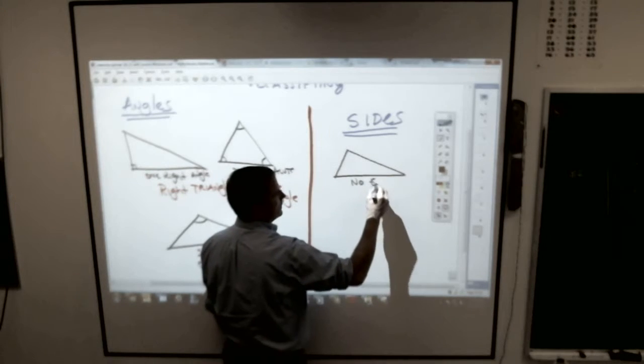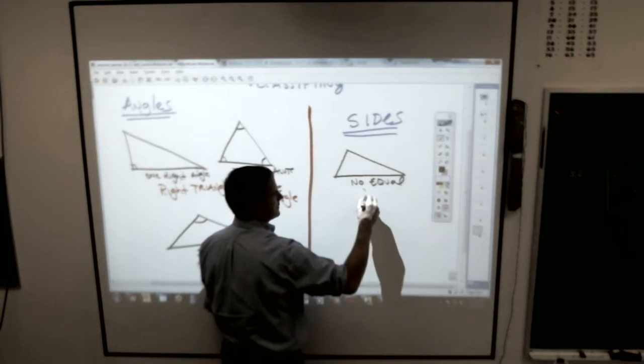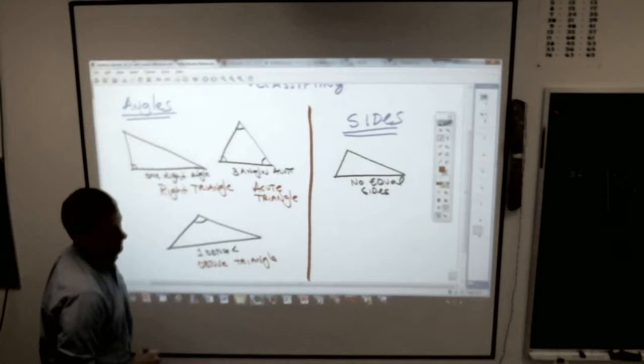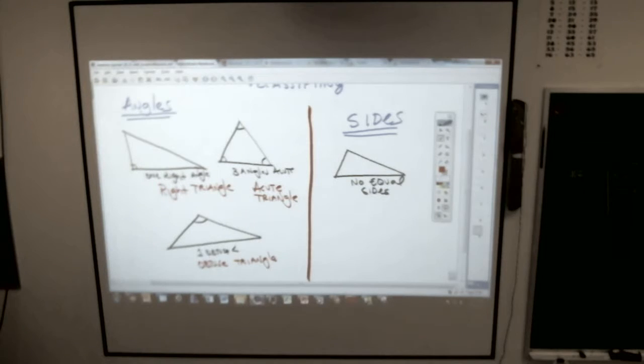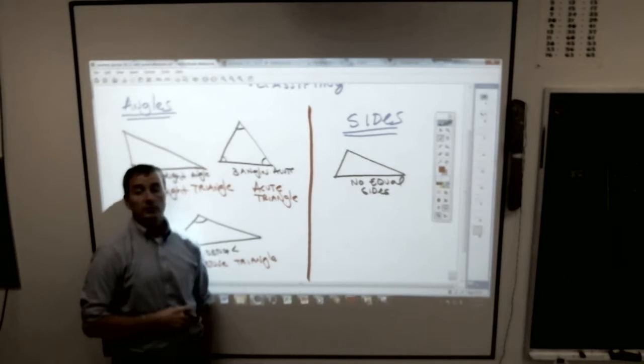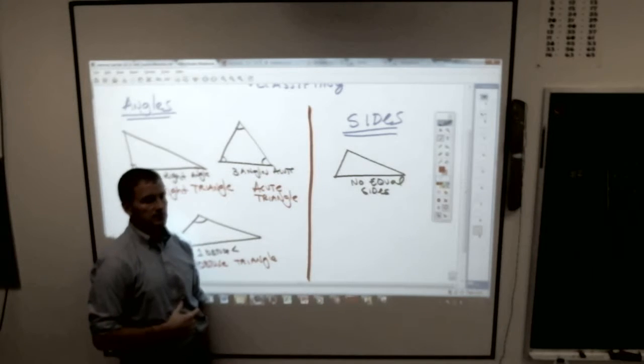No equal sides. This one, these are a little more, there's no rhyme or reason. I wouldn't expect you to know this unless you had it before. No equal sides. If you haven't been looking in the book,